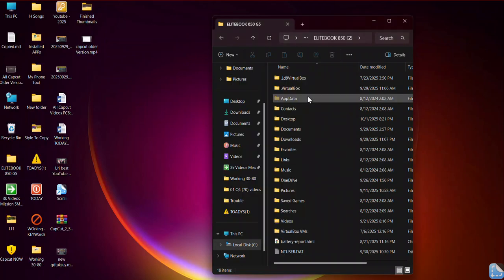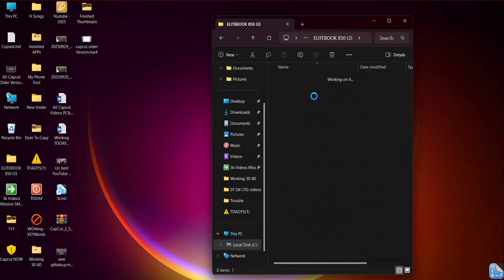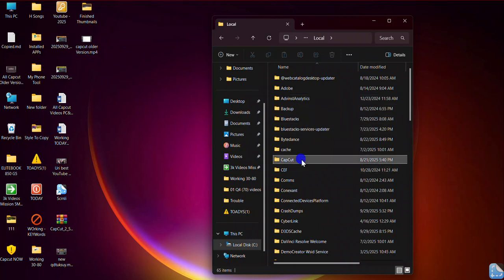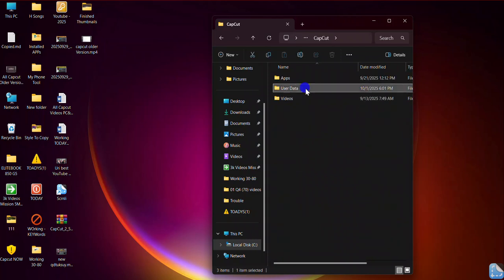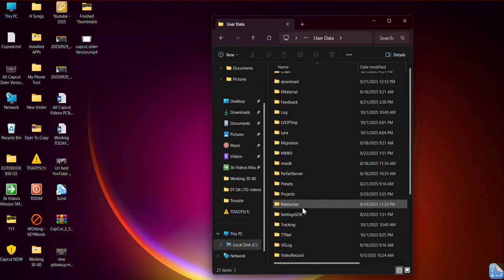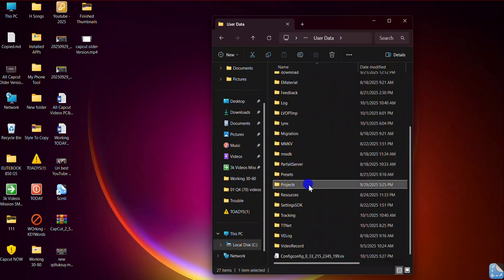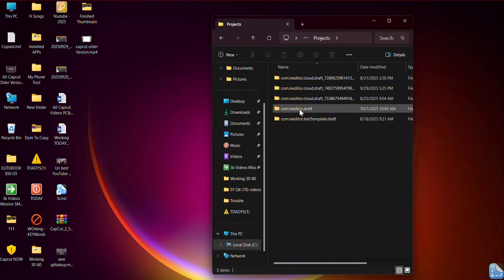Okay. From there it will allow you to see this folder, AppData. So open the AppData folder, go to Local again, then scroll down and open CapCut. Go to User Data, scroll down and open the Projects folder. In this Projects folder, go to this folder